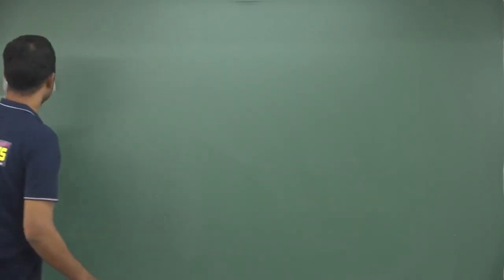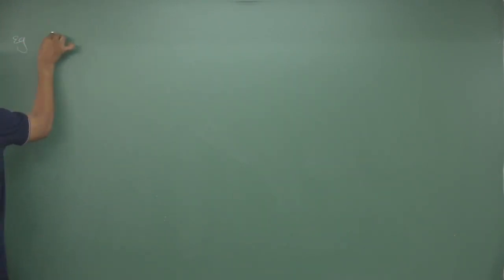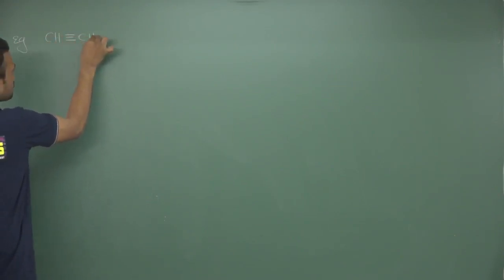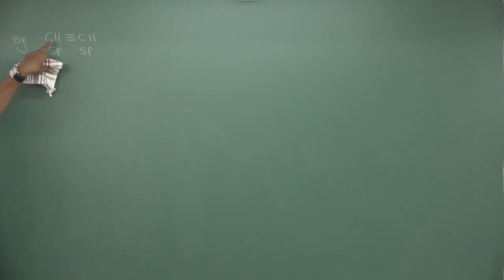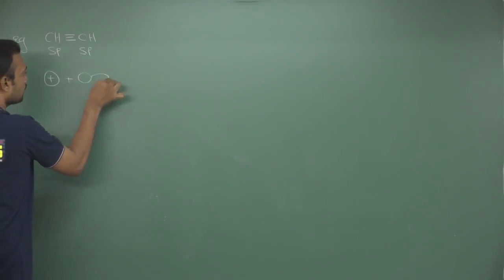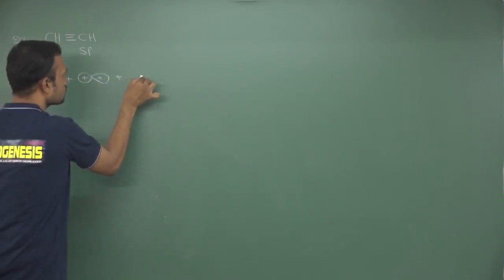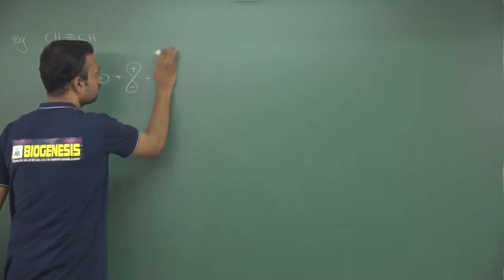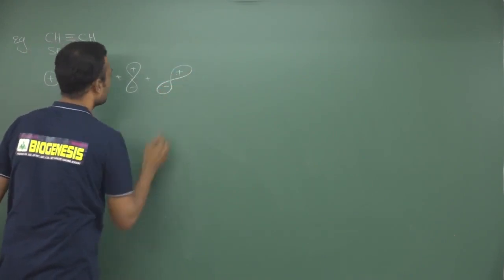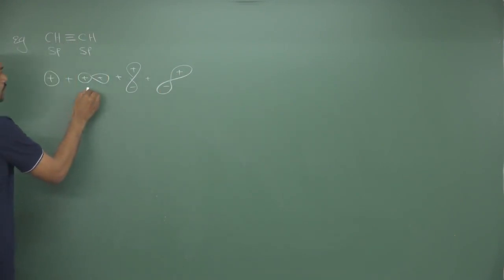Suppose you take a triple bond of alkyne. See, this is carbon-carbon, triple bond is present like this. So what is the hybridization of this carbon? sp. Here also hybridization is sp. If you take this carbon, only two atomic orbitals are combining, and the same for this carbon. See, this carbon carries s orbital and px orbital, and one more is py orbital, and one more is pz orbital, slightly overlapping together in sideways direction. So these three are p orbitals and these are s orbitals.